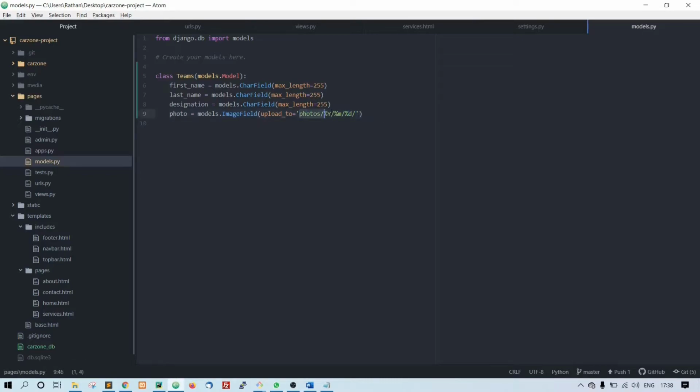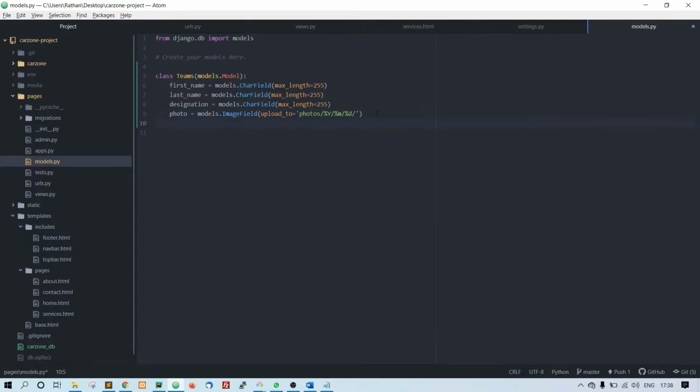So what this does is it will create a photos folder. Inside this, it will create a folder named current year, and it will create a folder named current month and current date. All right, and then the file name.